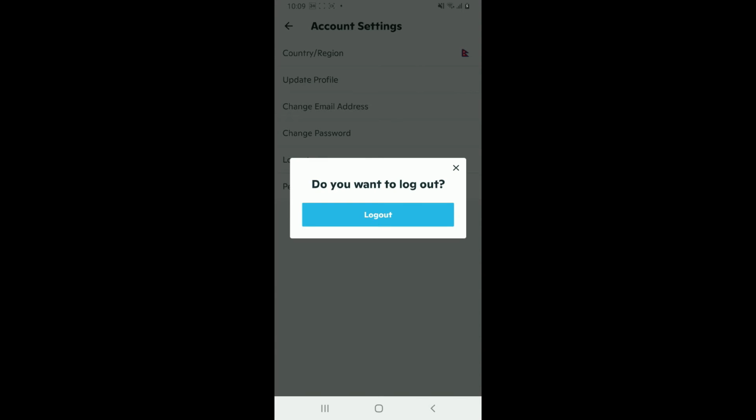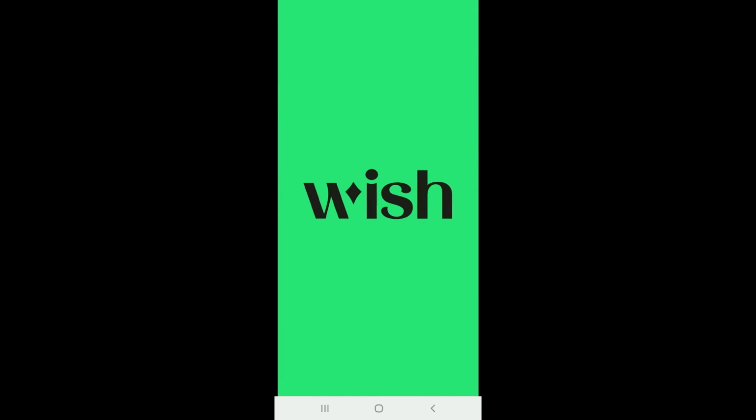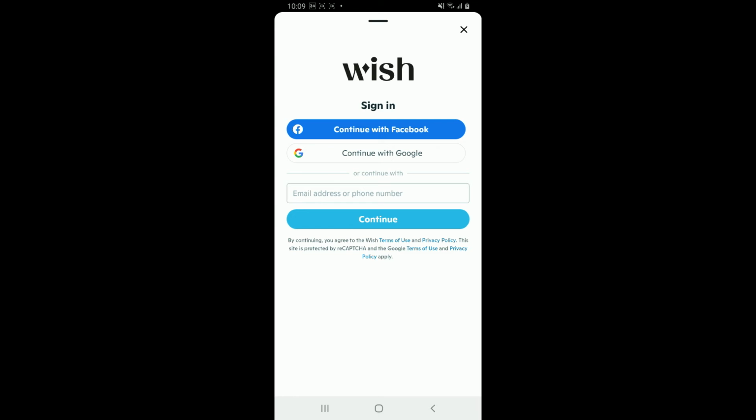Tap on log out once again in the pop-up and you will then be able to log out of your Wish application. And that is how you should be able to sign out or log out in just a couple